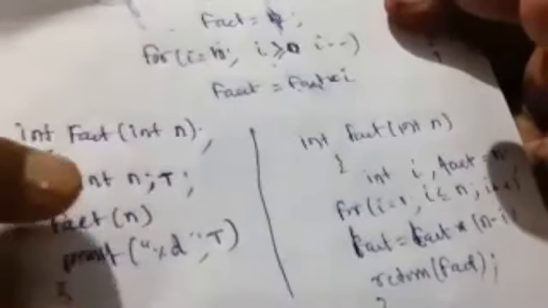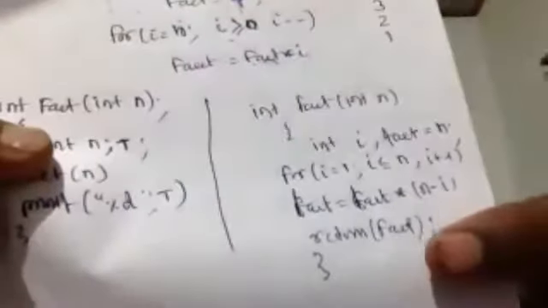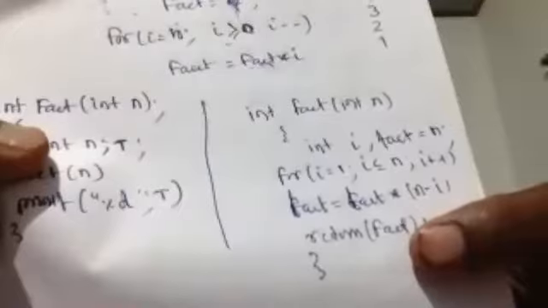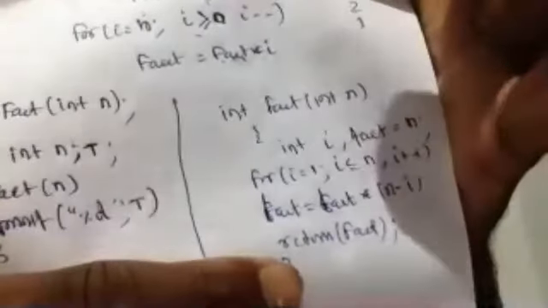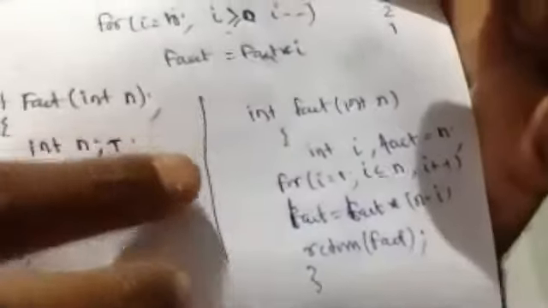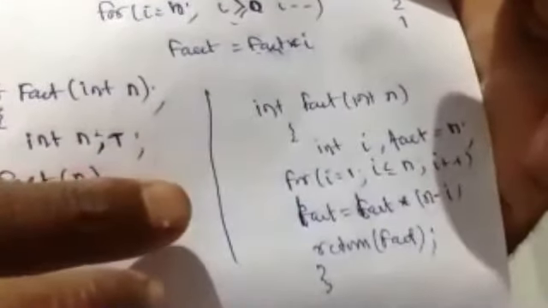So we have an argument over here, and we are returning what? In the subprogram we are returning fact, means both are available. Argument is also available and return is also available. This is the example of function with argument with return. It's clear? Yes, sir.